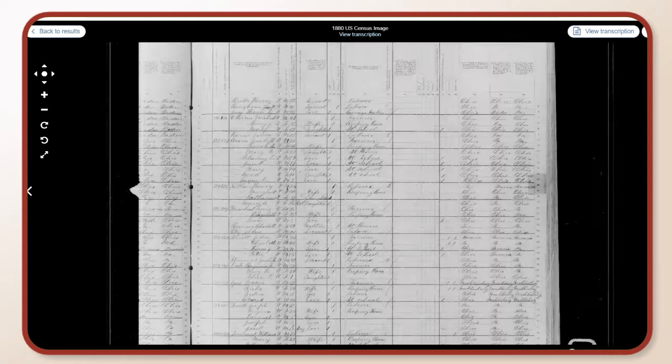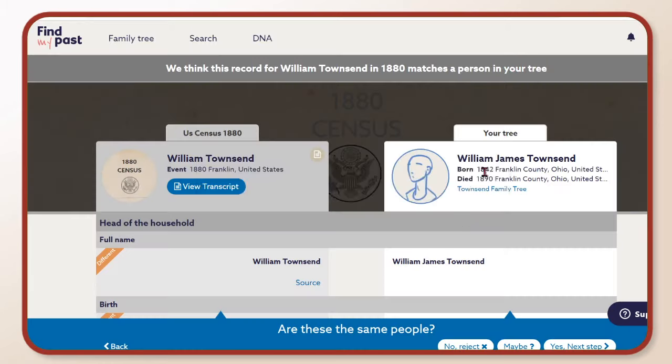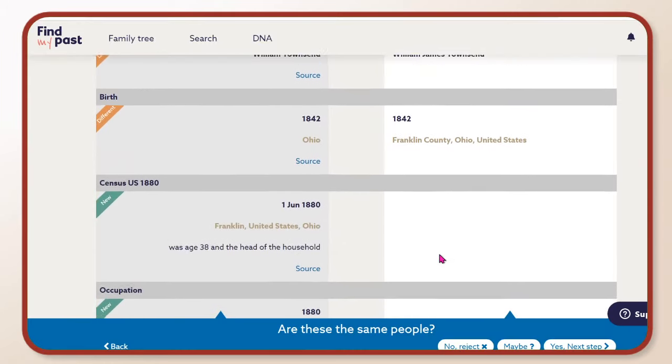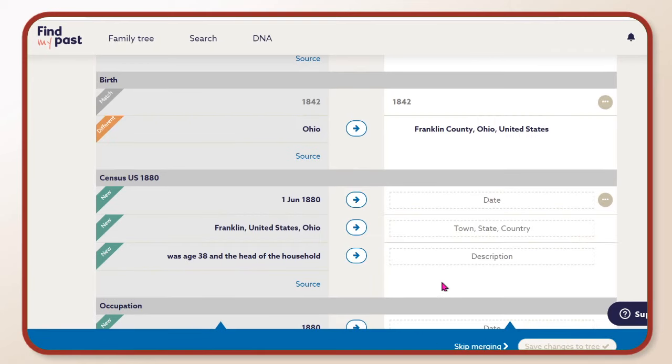So we keep hitting the back. Actually, I'm going to come back. I opened a second tab. So I come back to this page, close that out, and I start bringing things over. Before I can start moving things from the left to the right, I have to accept that this hint was accurate. So now I can start bringing things over.